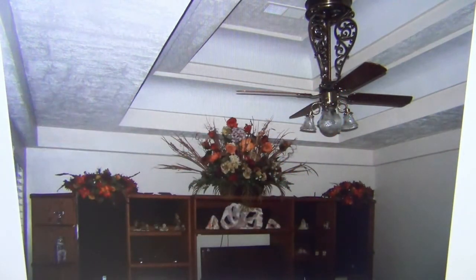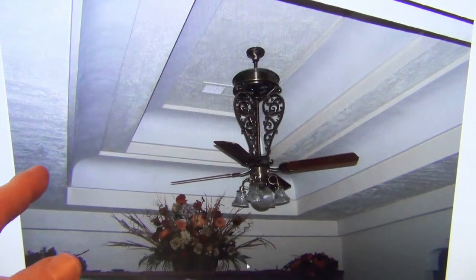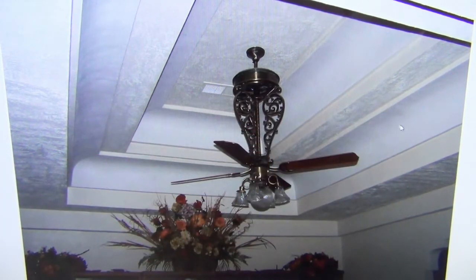So we've got everything painted, putting things back in place. The ceiling fan's up, looks good. Entertainment center in place. As you can see, we painted it. I think we wound up with an antique white here, and then we used an almond. I think we used a natural almond here. And then on the actual cove part, I tried to get a paint that I thought would really work good, and it just looks so good just with the natural